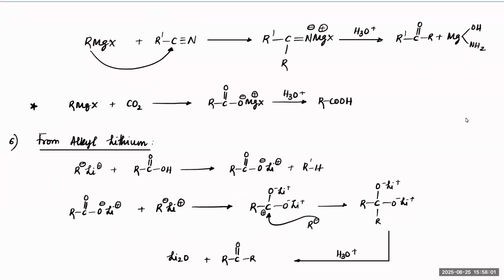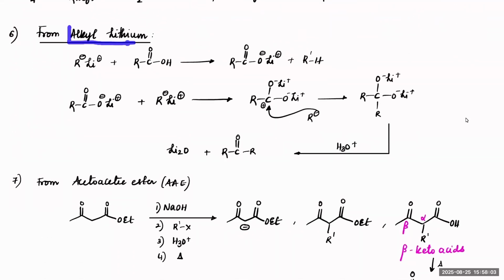Next. If you have an alkyl lithium and then you react with acid, now notice what we can get. R minus can attack on this C double bond O and convert that into a keto form. How would that happen? First this R minus will take H plus, convert into alkane, and you will get this compound, the